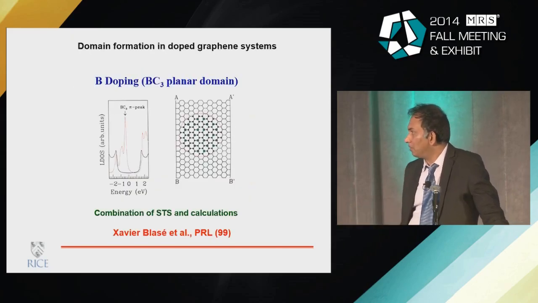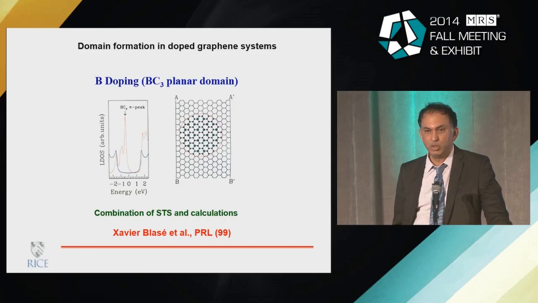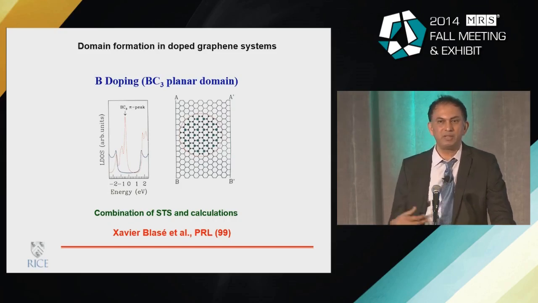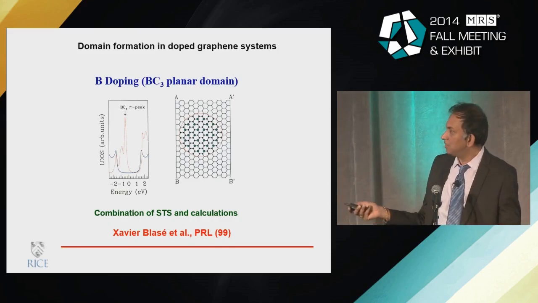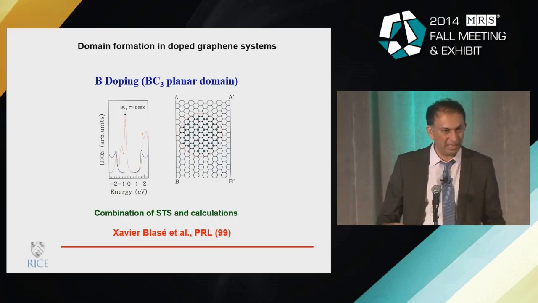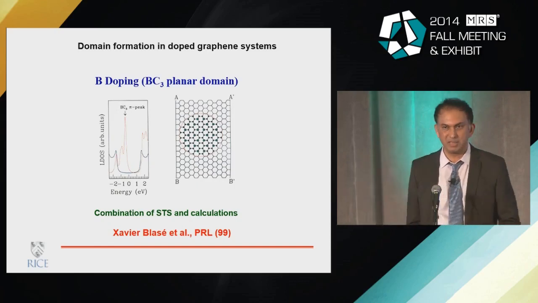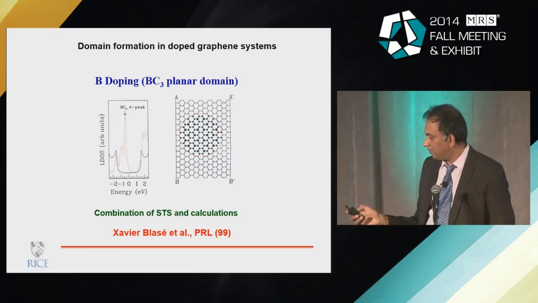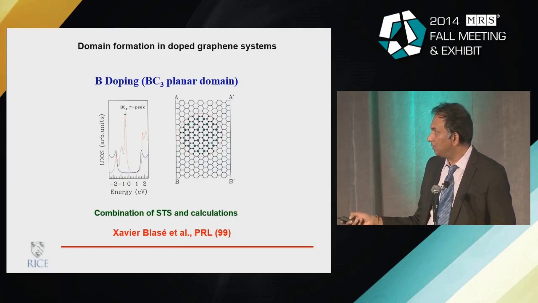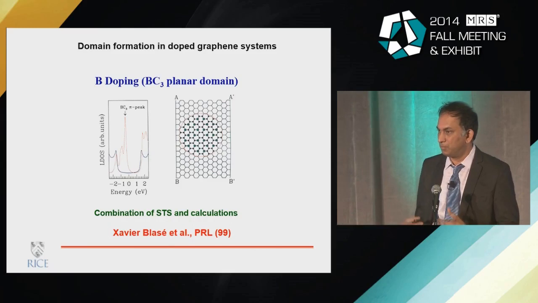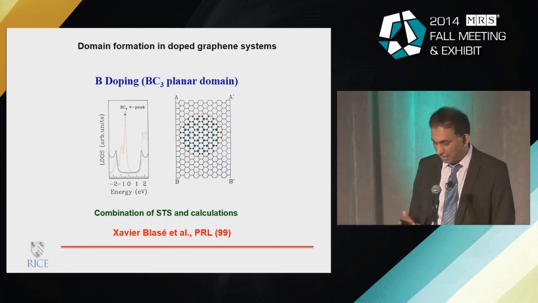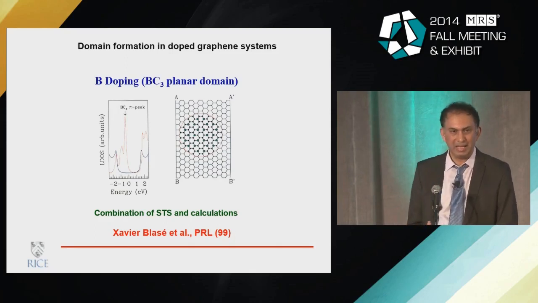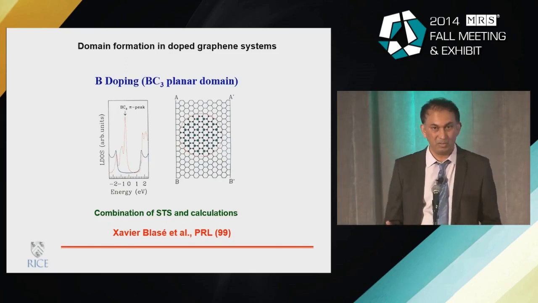For a long time, we have also been looking at these types of systems, and doping in graphene materials is very different from doping traditionally, for example in a semiconductor material. Because many times what happens is that the dopants create domains that segregate and form embedded domains in the graphene lattice. So, for example, boron carbide is actually a planar phase which can get embedded into a graphene lattice if you are trying to put boron into graphene when you're making them.